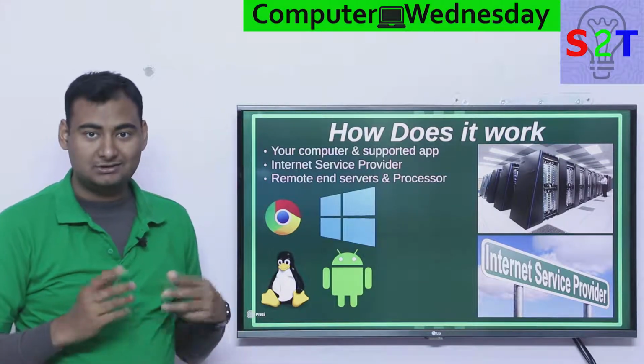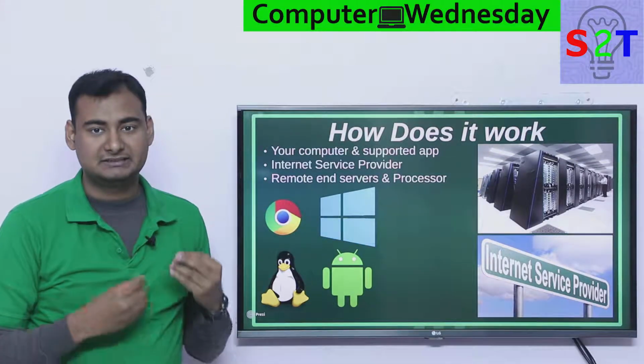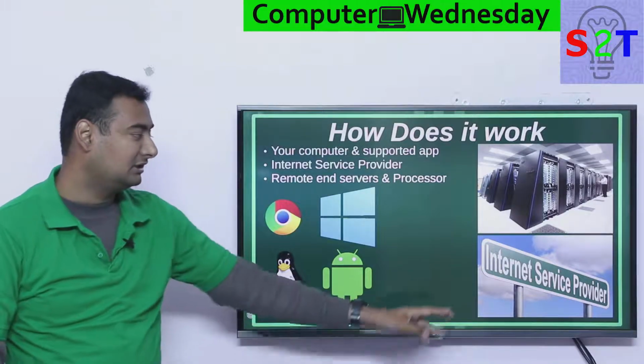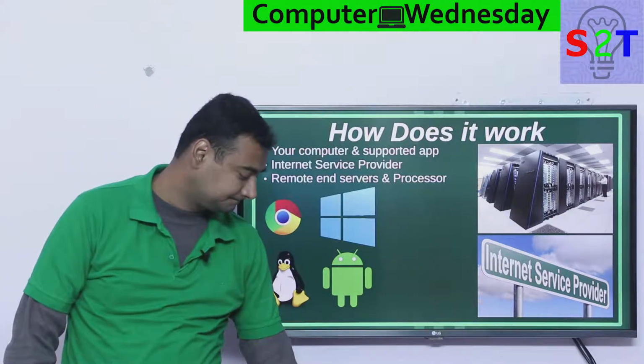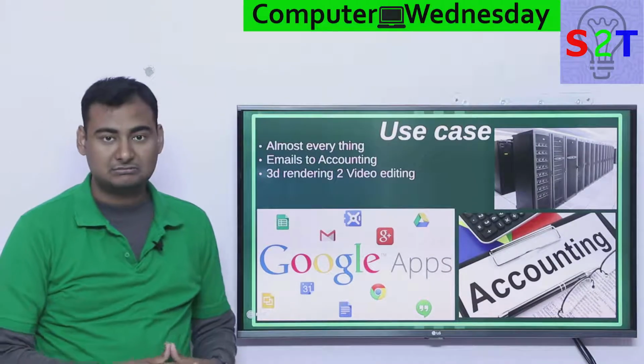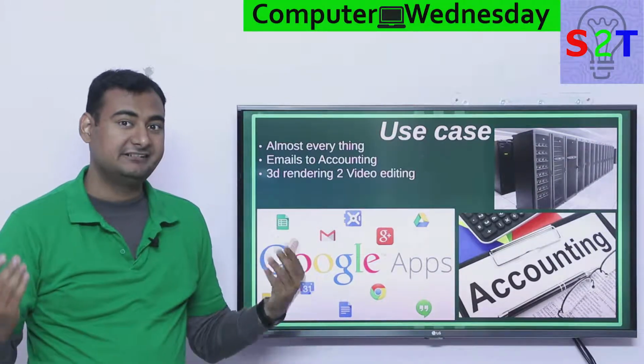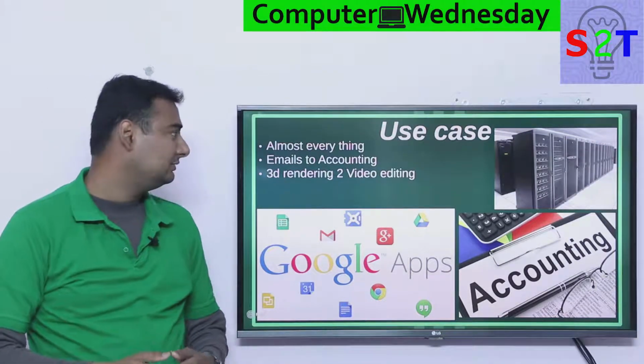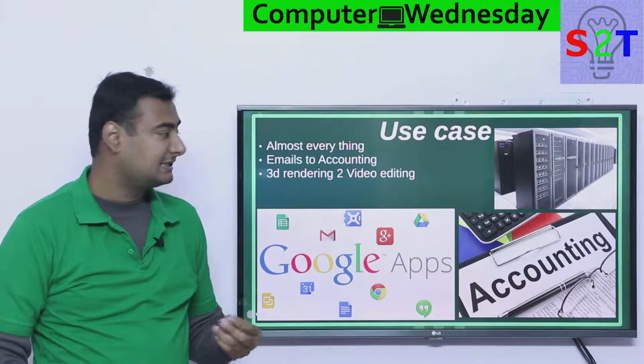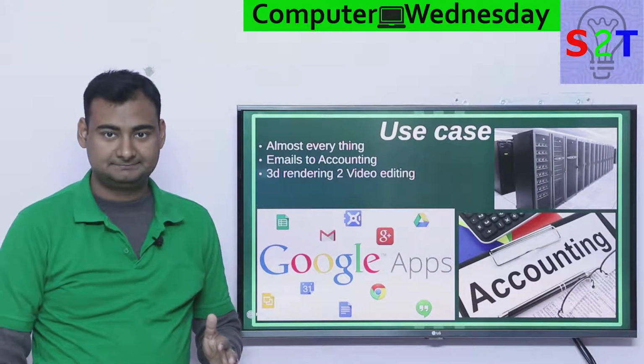So how does it work? It's super easy. It's just anything that is connected to a computer, the bottleneck being the internet service provider. So then comes the idea: okay, if it's this old, what can we do on it? Like what you and I can do on it? Simplest answer is almost everything.